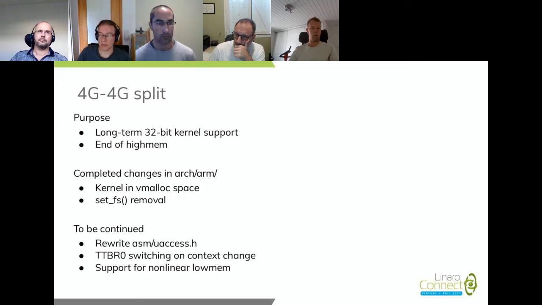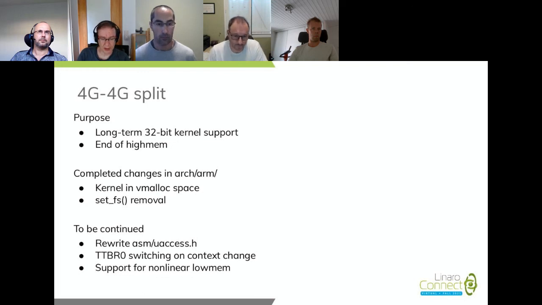We've talked about this at previous Connects, and this is a long-running work. But nevertheless, we have made some progress there. Linus has done a series to move the kernel image into the so-called vmalloc area. This is a different way the memory is mapped. This is one of the prerequisites for it, and this was the first thing that got merged. I have just finished mainlining the removal of the get_fs and set_fs helpers, which is another building block that we are going to build on top, although this work was also started independently on other architectures for other reasons.